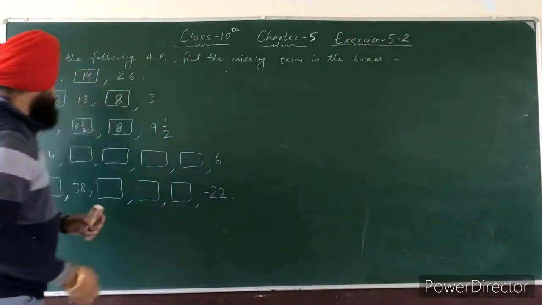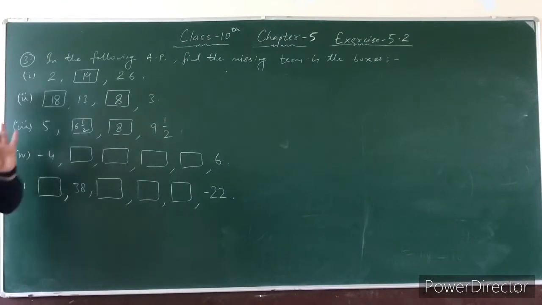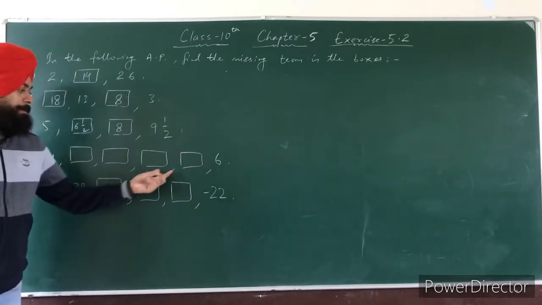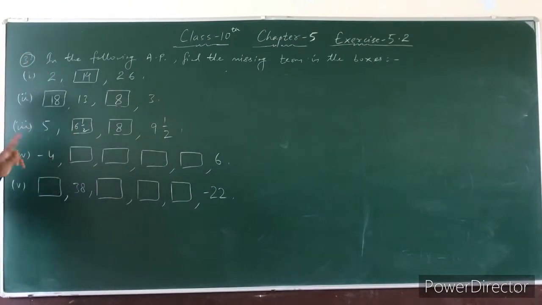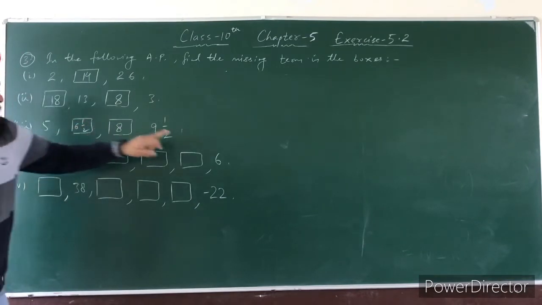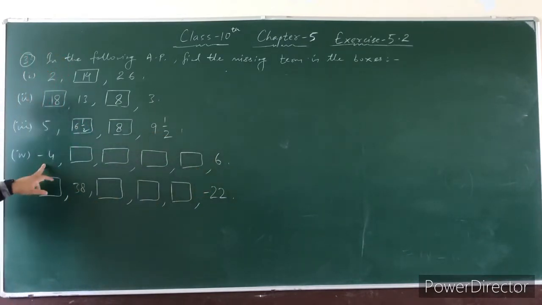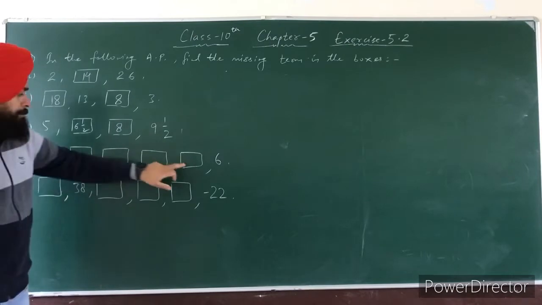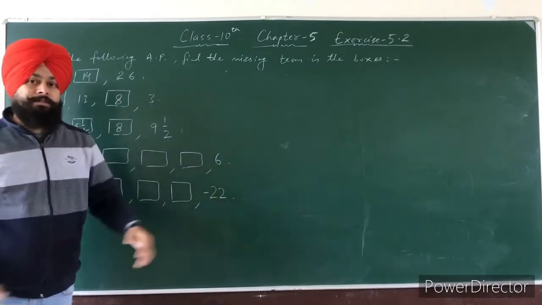So in this fourth part, there are 4 missing terms. First, second, third, fourth. There are 4 missing terms. And the first term is here -4. And then this, which one? First, second, third, fourth, fifth, sixth. Sixth term is 6. It means